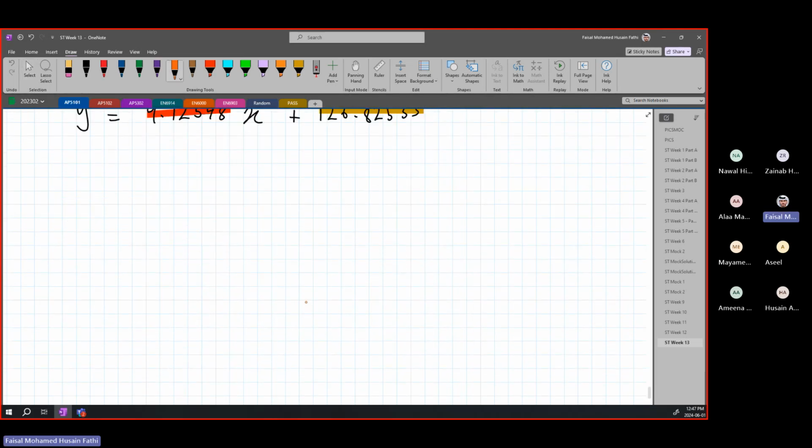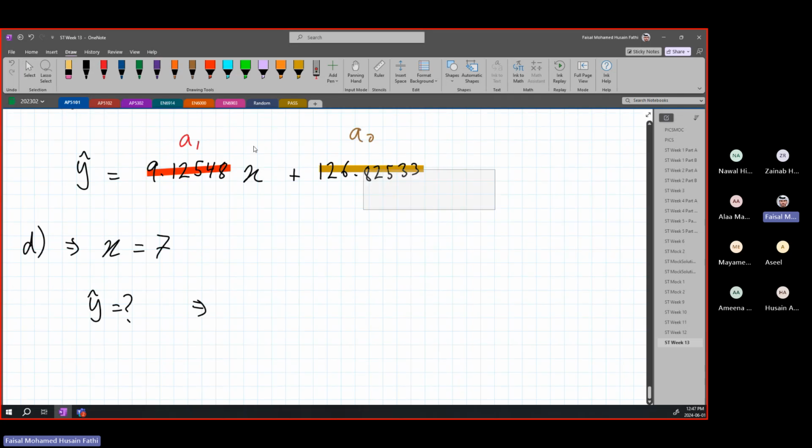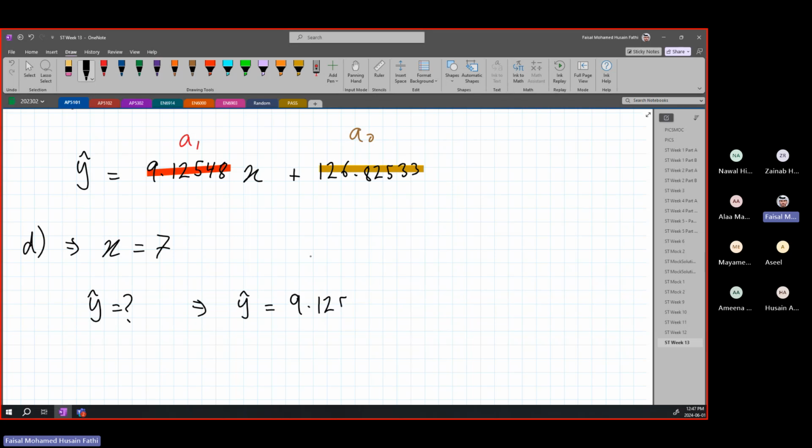So part D is saying that x is equal to 7. What will be y? So how do you do that? You just plug it into your line of regression formula. So y is going to be equal to 9.12548 times 7 plus 126.82533. Put this all into the calculator and you're going to get that this is equal to